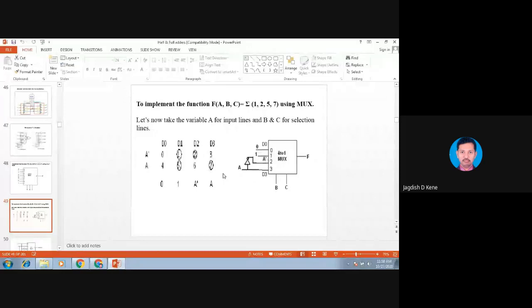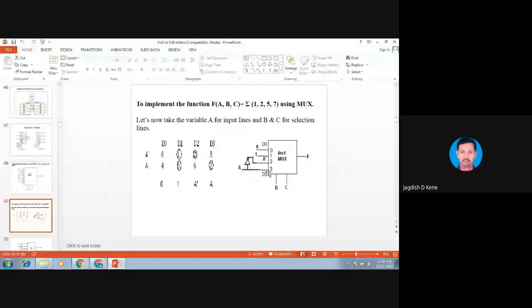Similarly, when it is 2, that is 1, 0, pin I2 is active high. So what is the status of A? A is 0, which means A bar, so 0, 1, 0. That is why A bar is connected directly, because it is by default 0. Next is 3, but here we want 7. Suppose we want 7, so it is 1, 1 and A is also 1, so this I3 pin is connected.